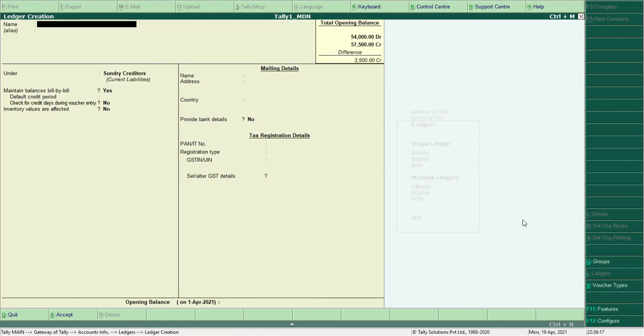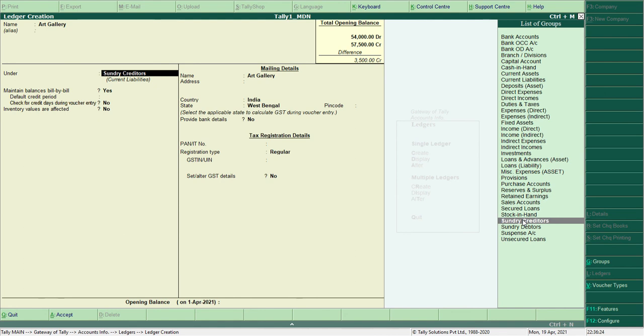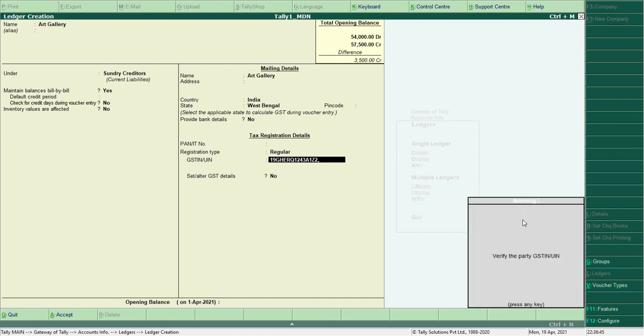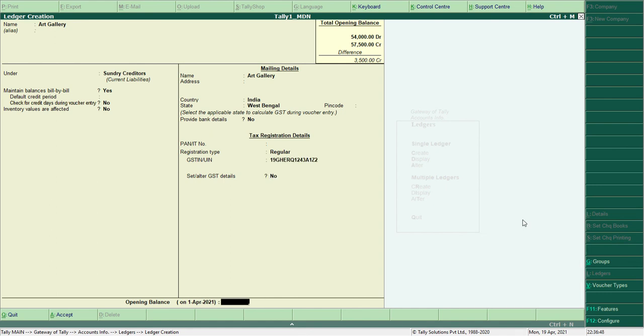Accept. Next party is Art Gallery. Another party. Why 19? Because these are all from West Bengal. So West Bengal starts with 19. Now here Art Gallery has two bills, but the total bill amount has to be inputted here.